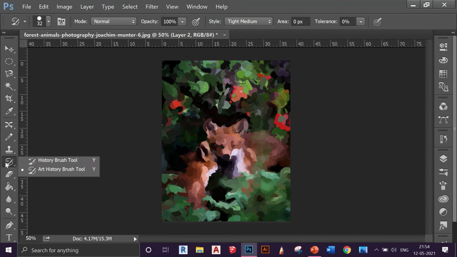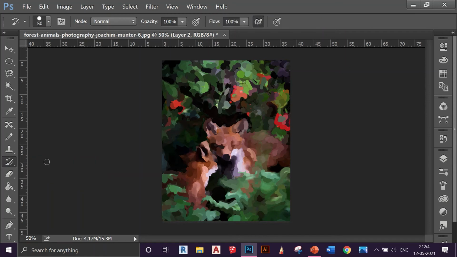So now we'll come to another tool, that is the history brush tool. So actually what this tool does is it converts the thing back to the image. Like I want the eyes to be detailed. So I think the eyes are here. So you just saw what happened. And I want the nose as well. So you just saw it converted this painting and it gives a little depth. I want the ear a little depth maybe. No, the ear doesn't look good. Let's undo it.